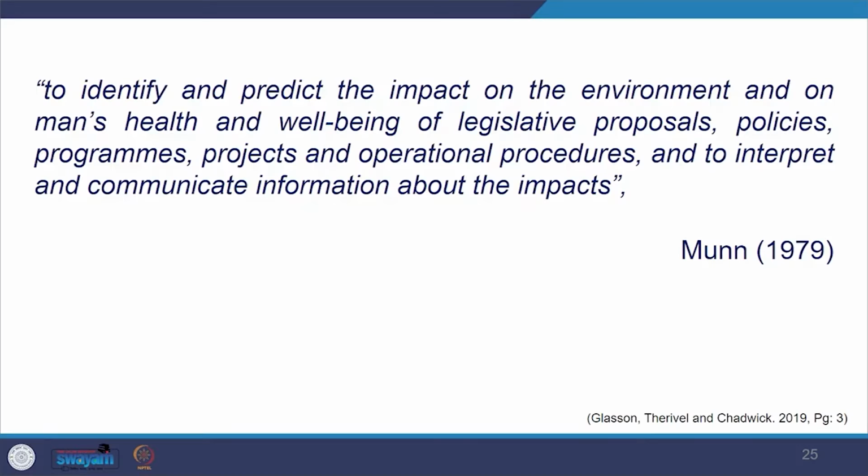So it is highlighting the words identify and predict, and looking at the impact on the environment and on man's health and well-being. So it's not only talking about the environment but also about our health and well-being,